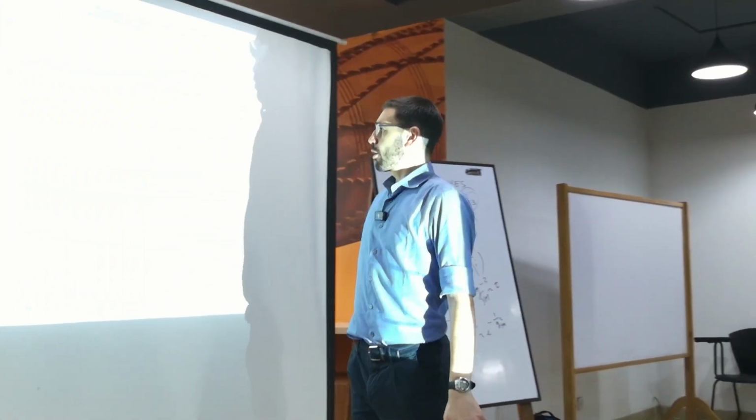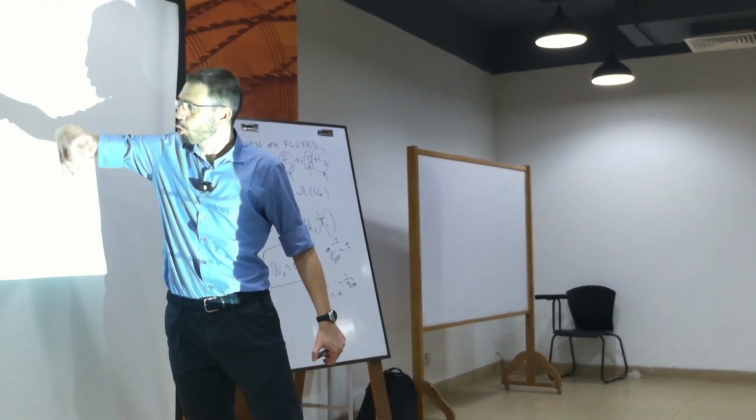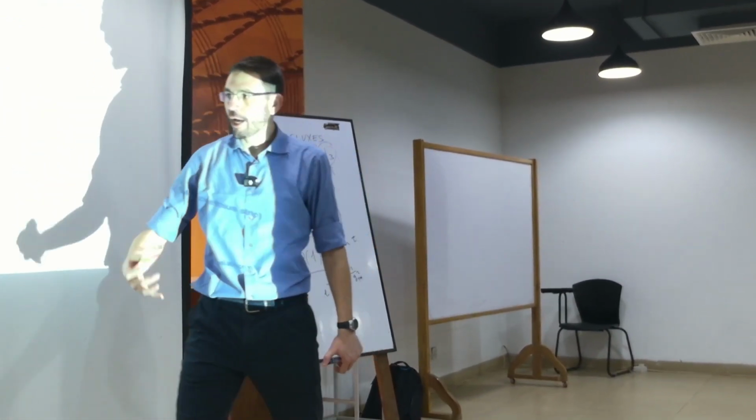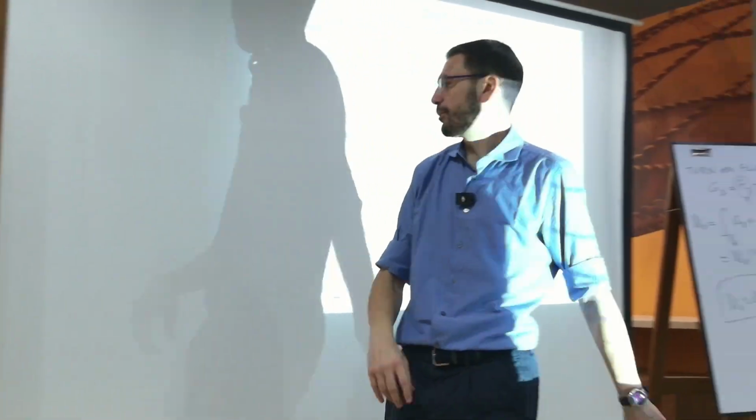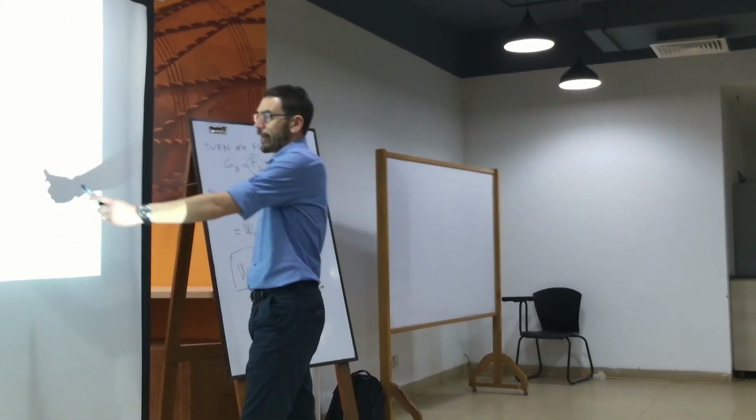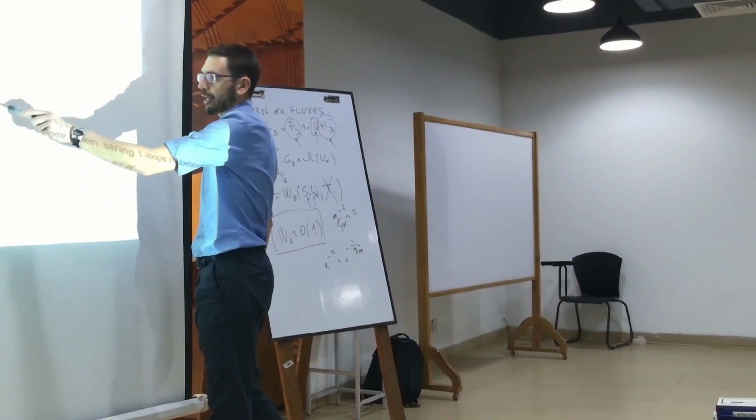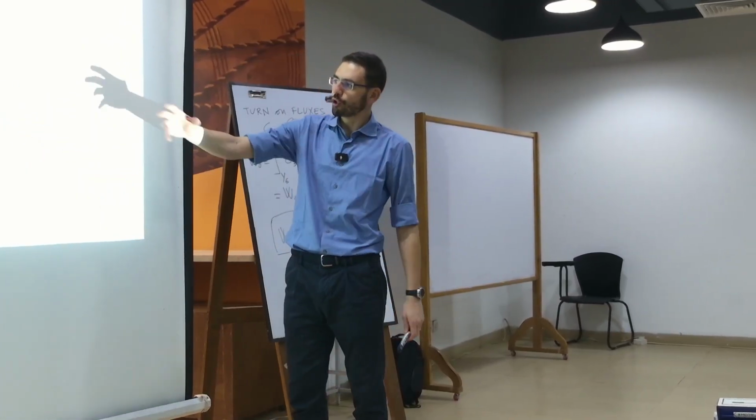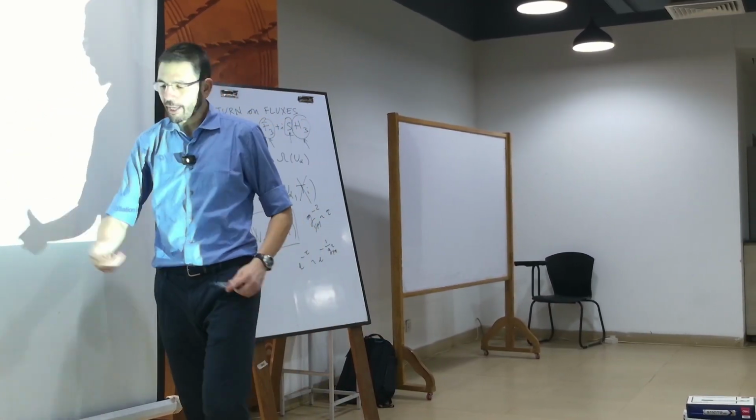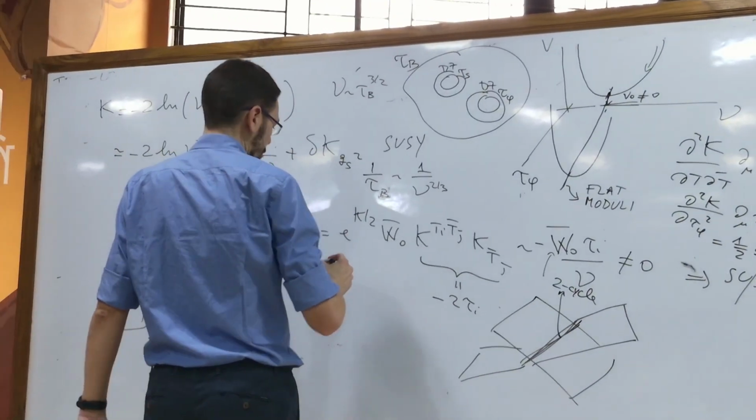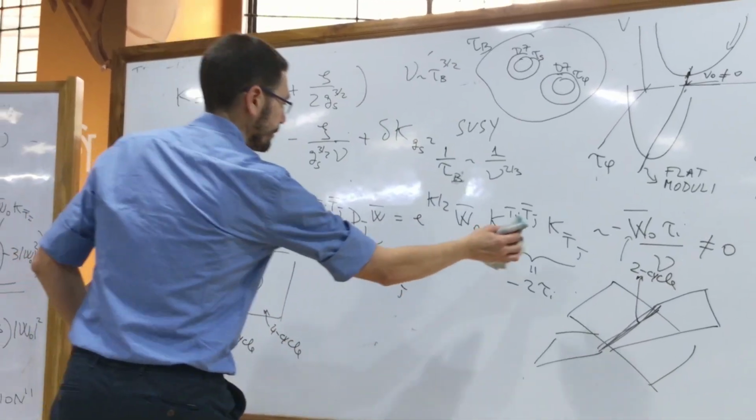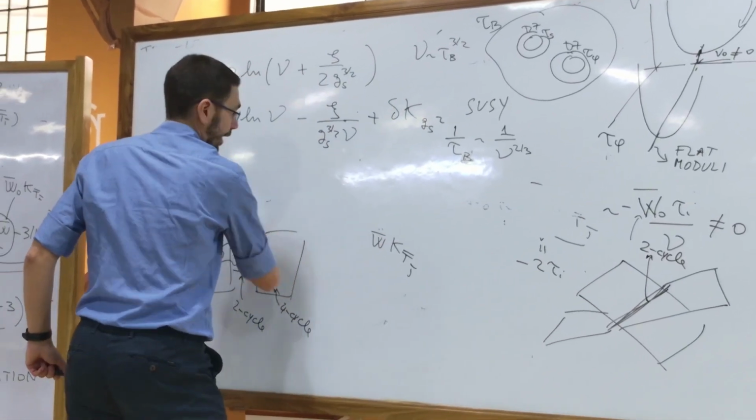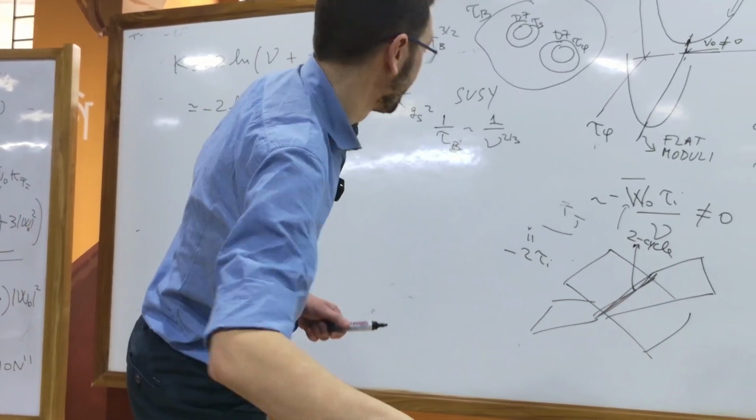Then you can have closed strings which wound around a 1-cycle actually inside this 2-cycle. That is what happens, and now you generate these corrections that go not like 1 over tau_1 tau_3, but they go like 1 over tau squared. So these extra corrections would go like,